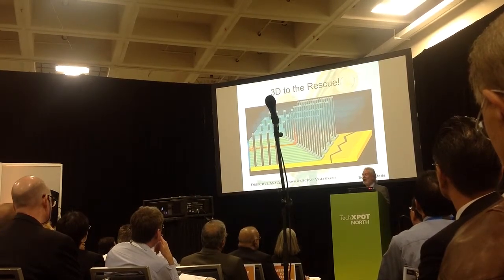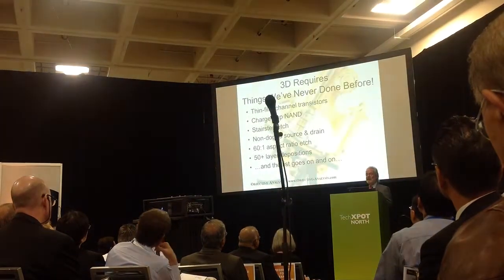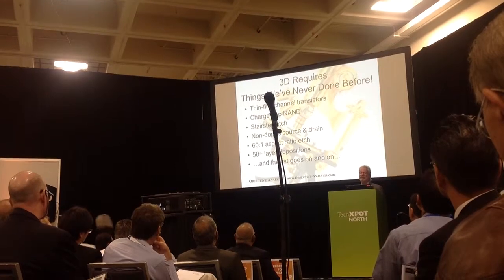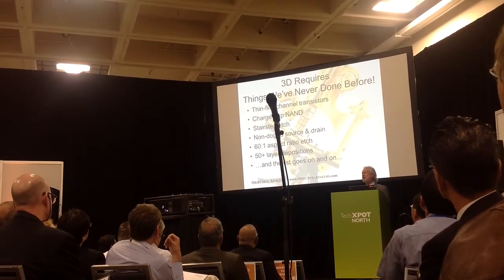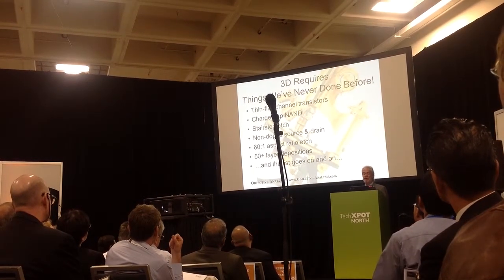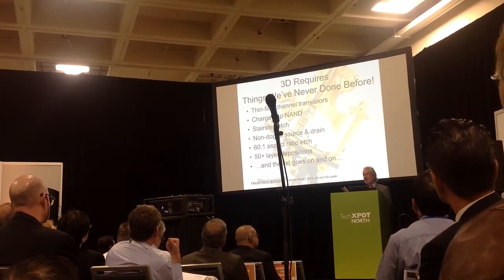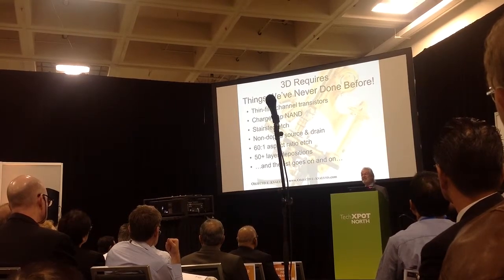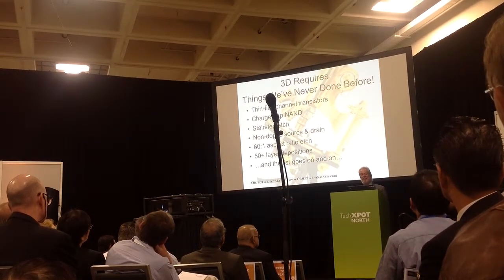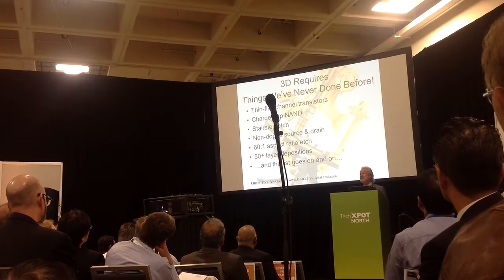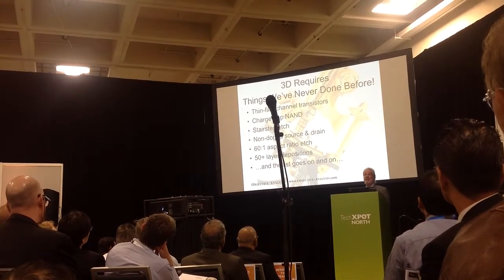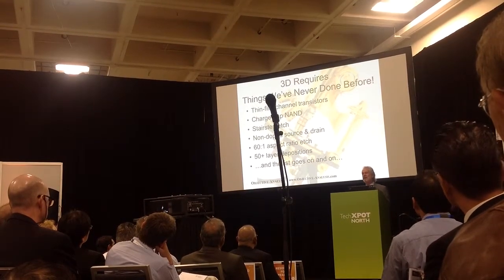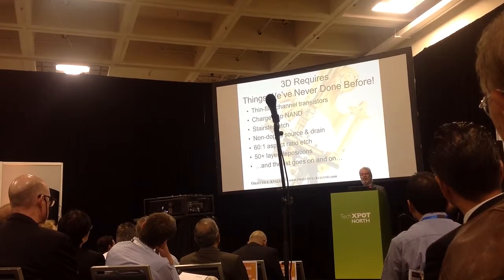It's a really complicated structure, but it seems to be our way forward, our way of getting more bits on a chip. This involves an awful lot of new technologies, which are unfortunately things we've never done before. And so you've got thin film transistors in the channel, and nobody's built NAND flash using thin film before, unless Micron really is, as Ed said, using a single crystalline silicon. Then that would get away from that. But charge trap NAND is commonly used in these, and Samsung had an abortive effort to bring a charge trap NAND flash out in 2006. I think they're probably still having problems with it.